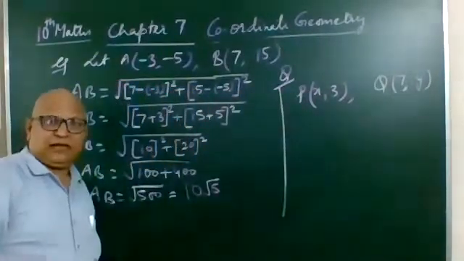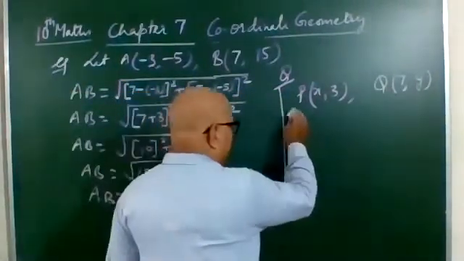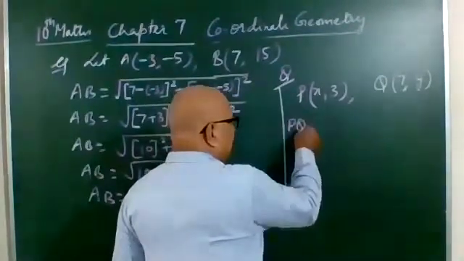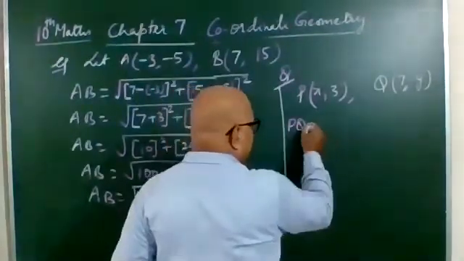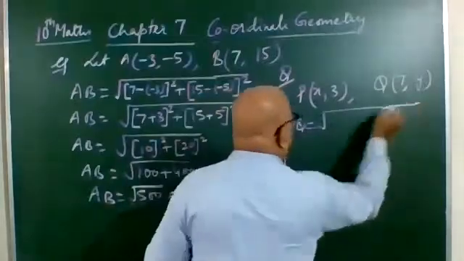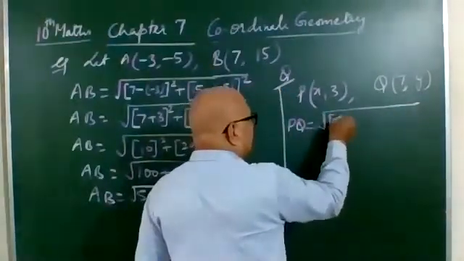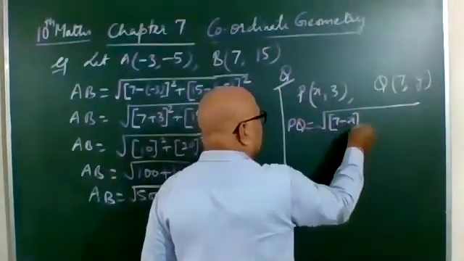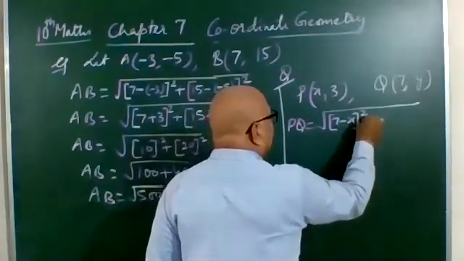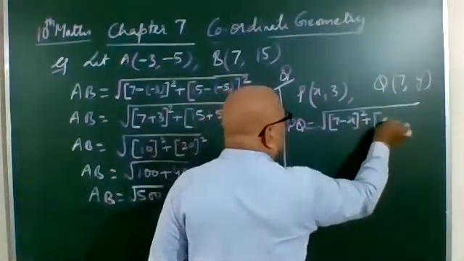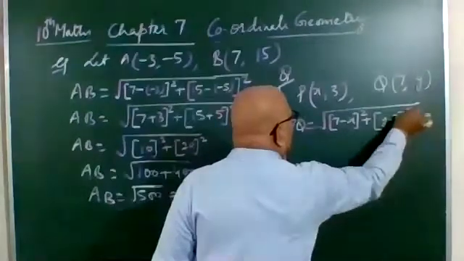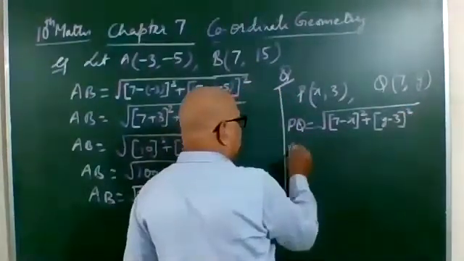So here, if you have to find out PQ, you will say PQ is 7 minus x whole square plus y minus 3 whole square. PQ